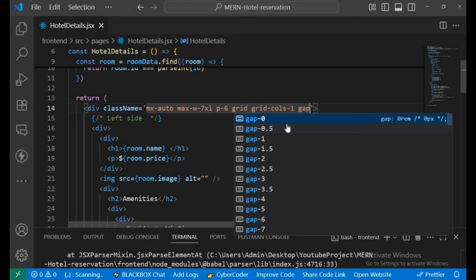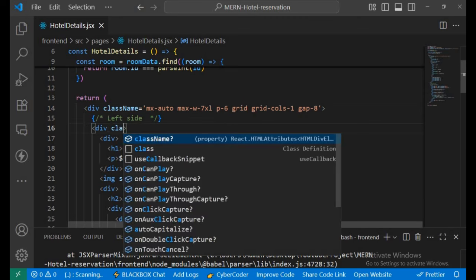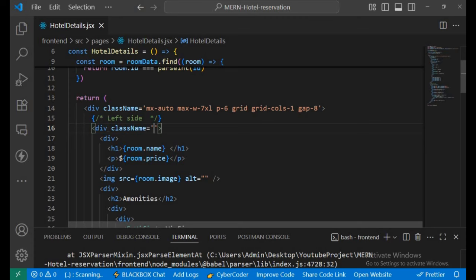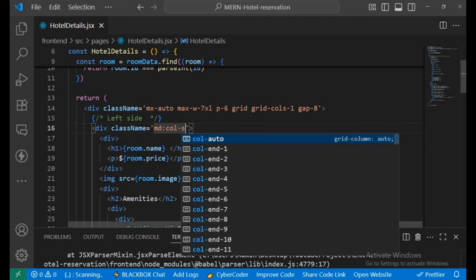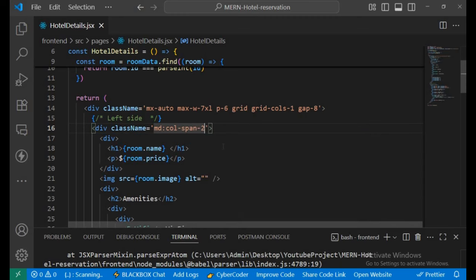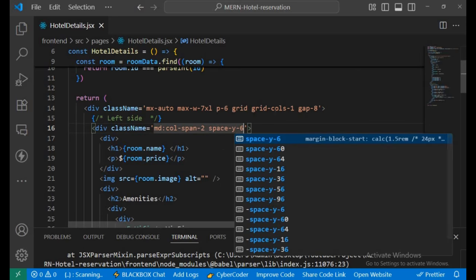And a gap of 8. Now let's start with the left side. Class name on the medium screen, col-span-2, and then space-y. For this as well,